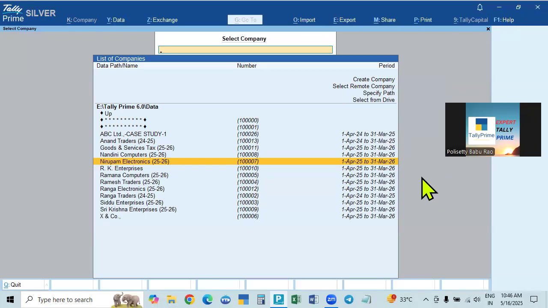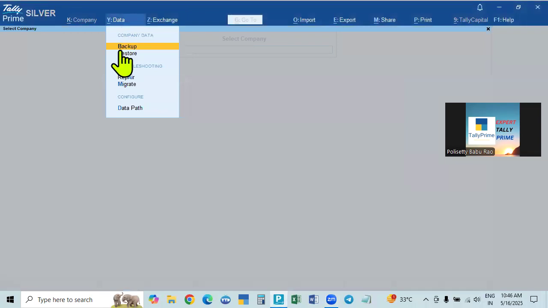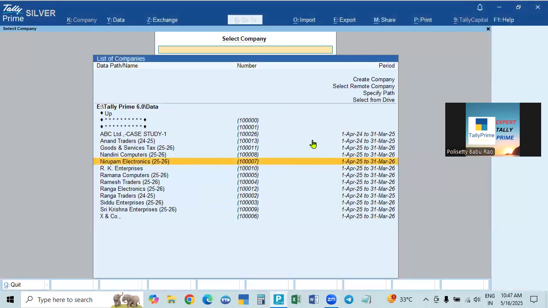It is called a TDL file, Tally Definition Language. It is also a program. If that TDL file is added to Tally, then after completing the work, we will close the company. Normally, at the time of closing the company, we take backup manually: select backup, click backup, then select from drive, all these things you have to do. Instead of that, simply when you close the company,